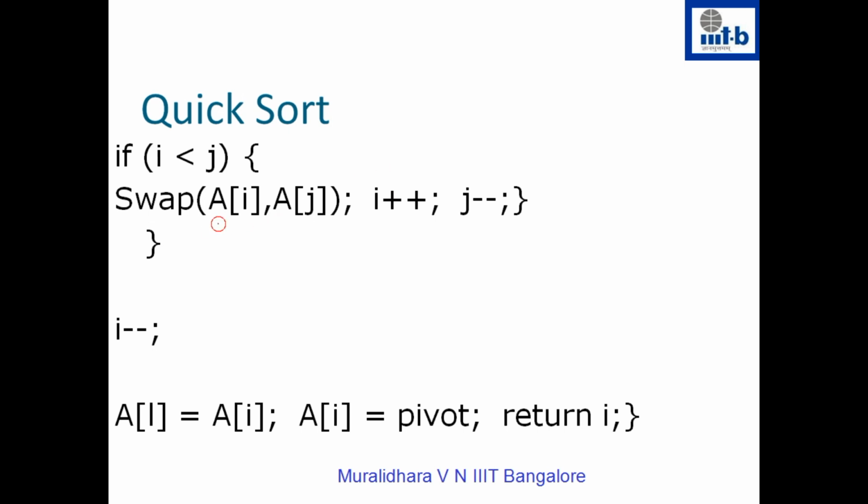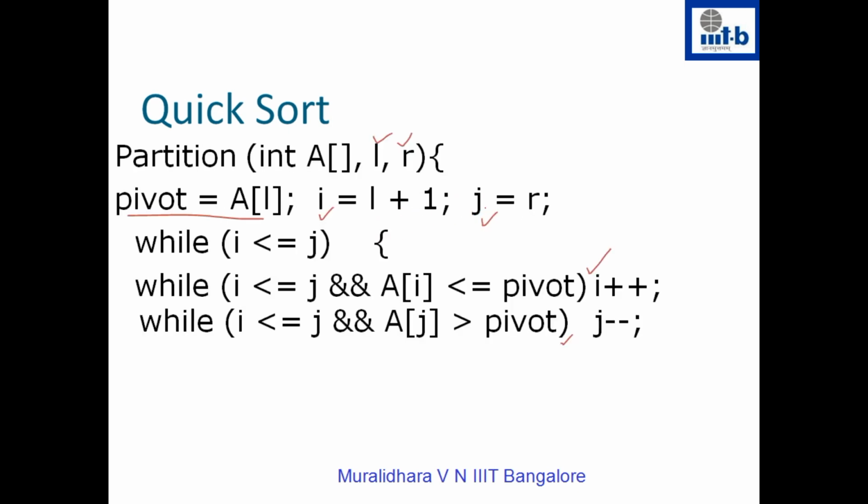So these two, a of I and a of j: a of I is on the left hand side but the number is bigger than the pivot. A of j is on the right hand side but this number is smaller than or equal to the pivot. If I just swap these two, then they will come into the right order. After that, a of I will be smaller than or equal to the pivot and a of j will be greater than the pivot. So I increment my pointers and continue this loop as long as these two pointers don't cross over.